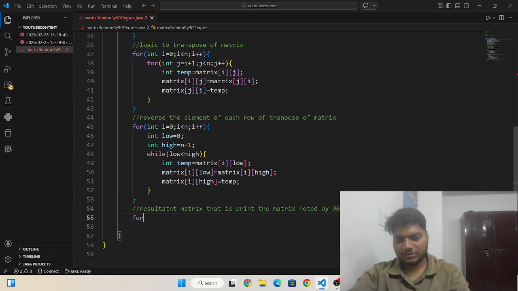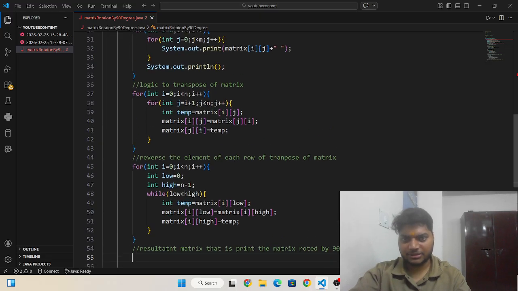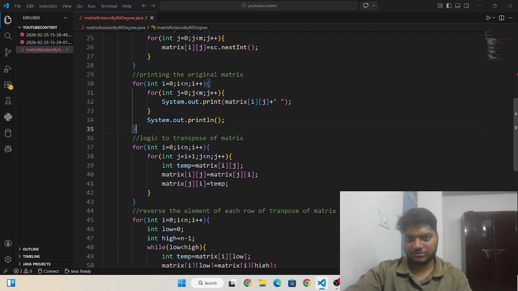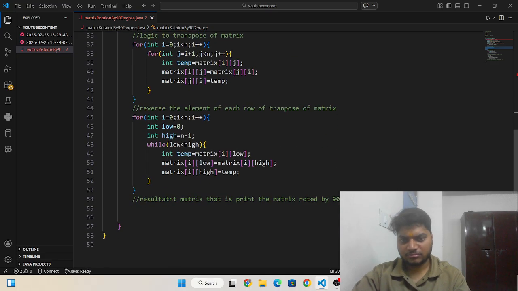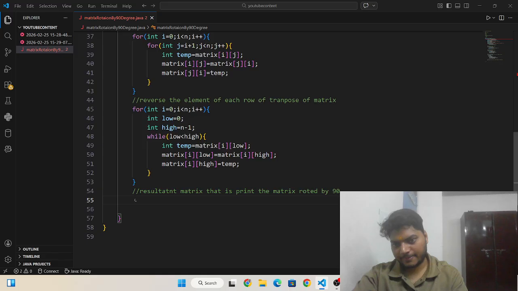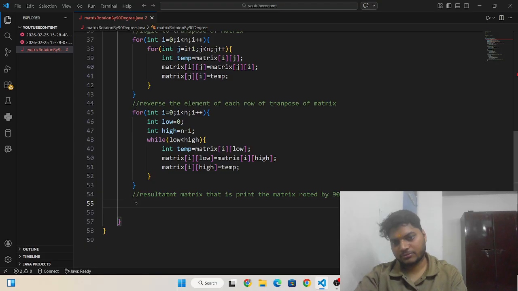Okay, so I need to write the same things that I have written here for the original matrix. Okay, this one, I need to write here Control B. If it does not comment, then I will write